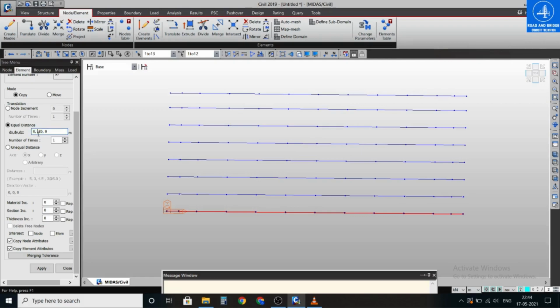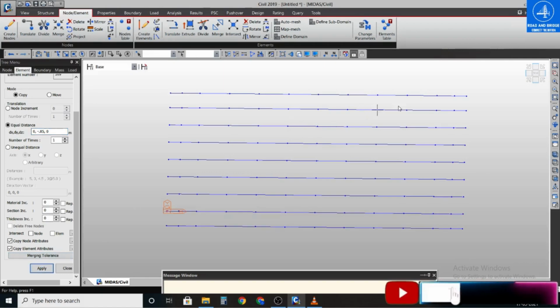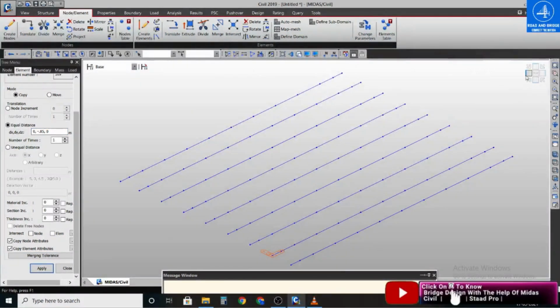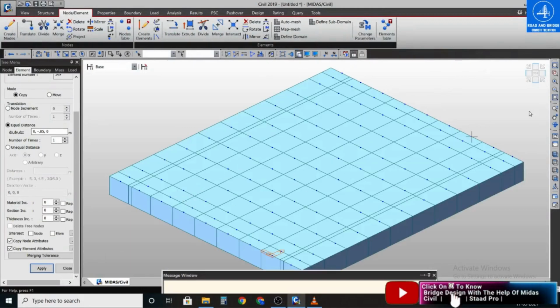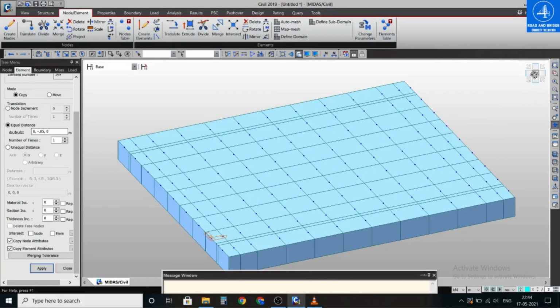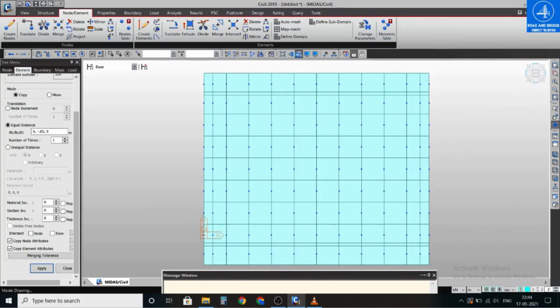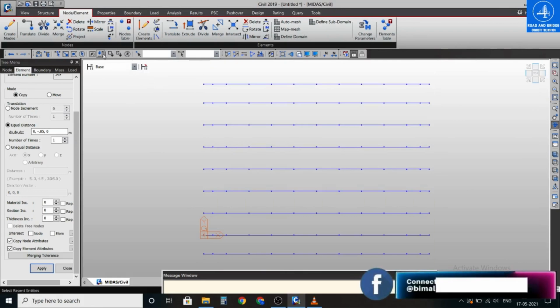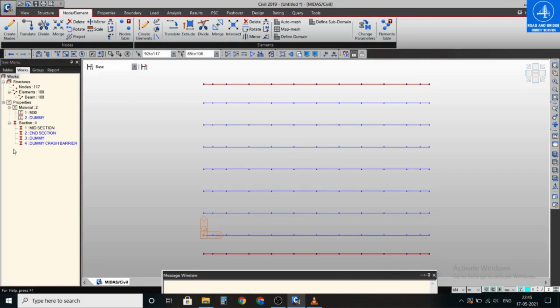So in case of opposite of outer directions, you have to put here the negative sign and apply. You can see the 3D view. But in that case, the end beam property: top view, 2D view, and select both outer beams, and go to close, make it, and go to the end section and click and drag here.